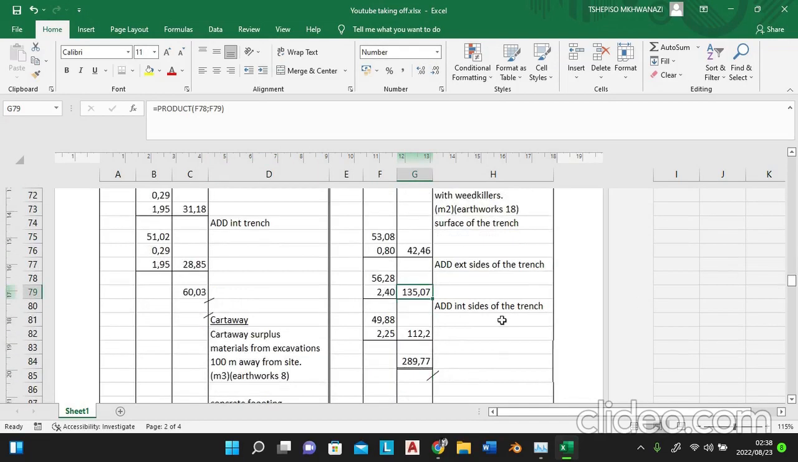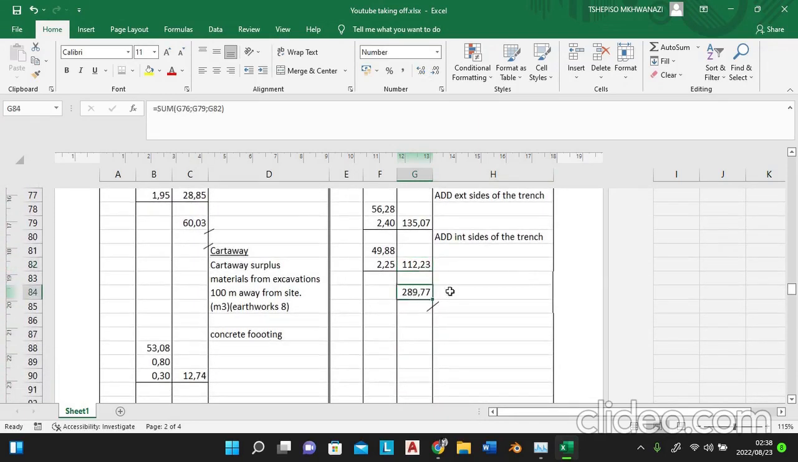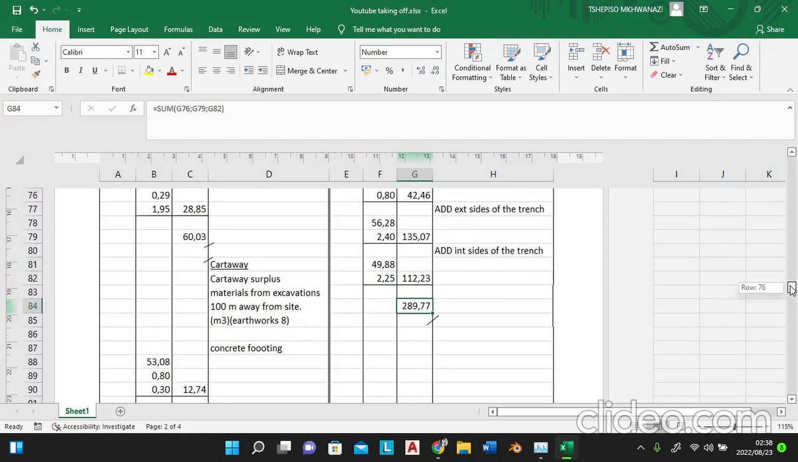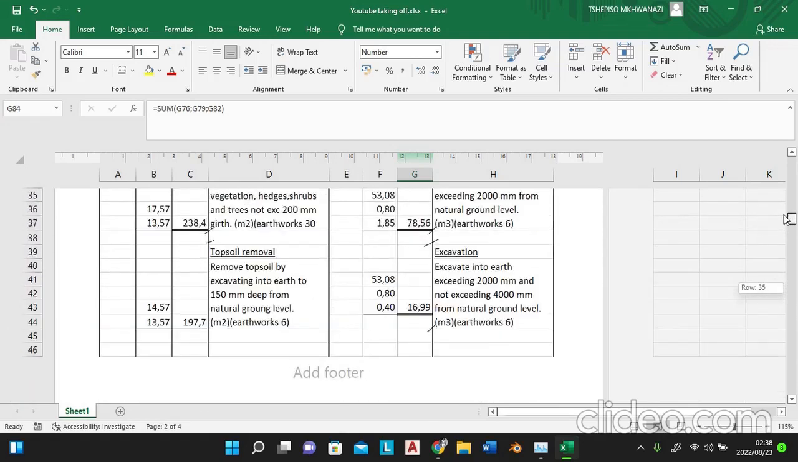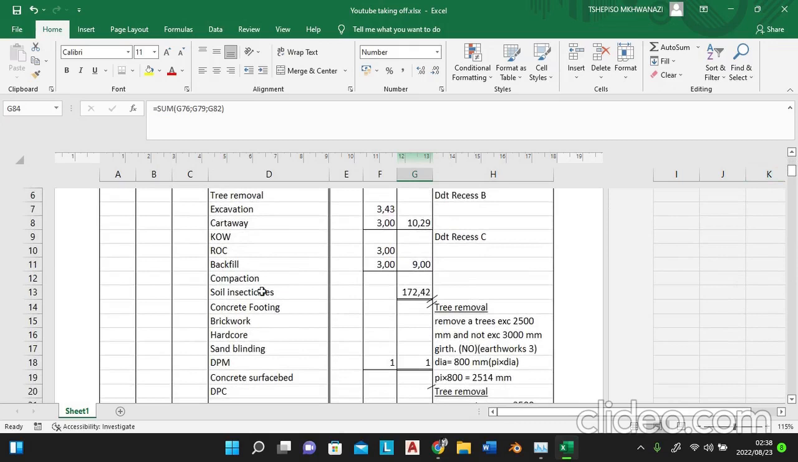We also have the area for the surface of the trench. Let me fix this also. Yeah, everything now is perfect. It's standard. Everything is standard. We are done. I included everything. We're only left with concrete footing, brick wall, hardcore, sand blinding, tamper, concrete surface bed, and DPC. I'll do those in part 3. That one would be the last video,